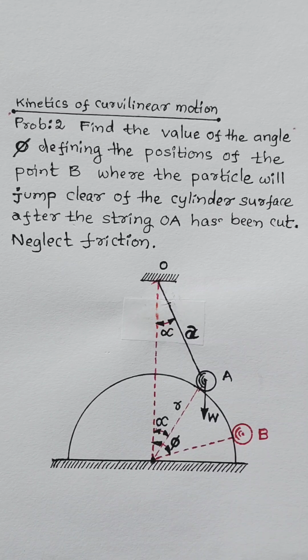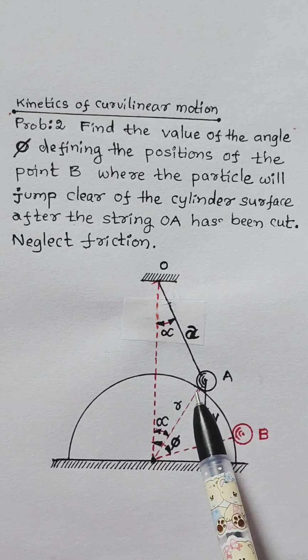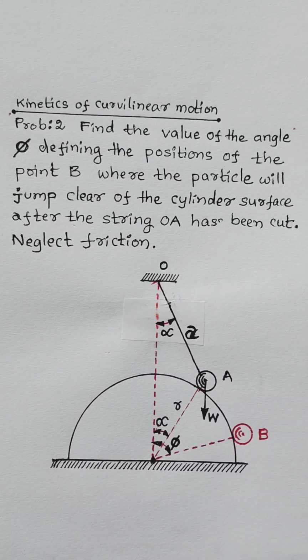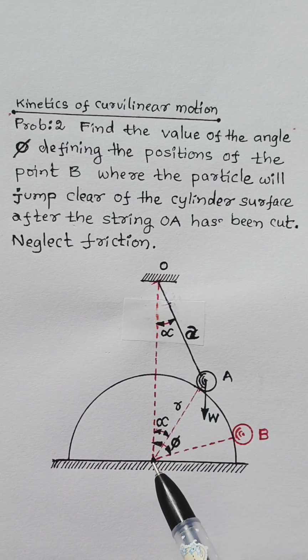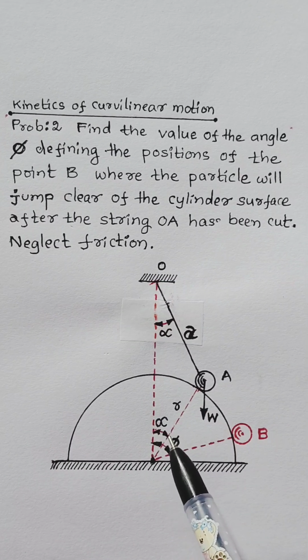The particle of weight W is contacting the cylindrical surface at point of contact A. When you join a line from point of contact A to the center of this cylindrical surface, consider